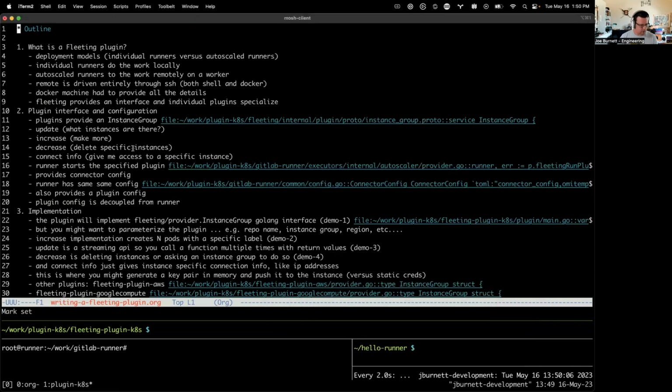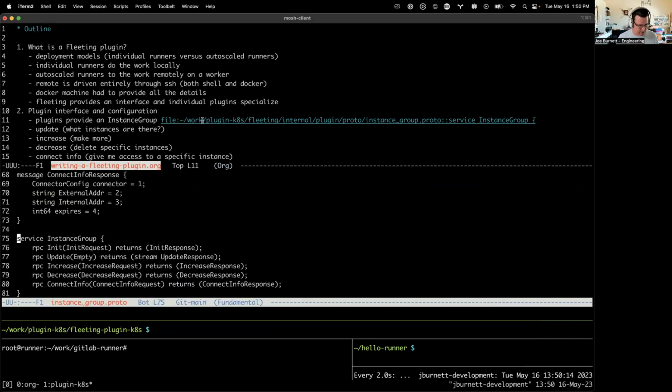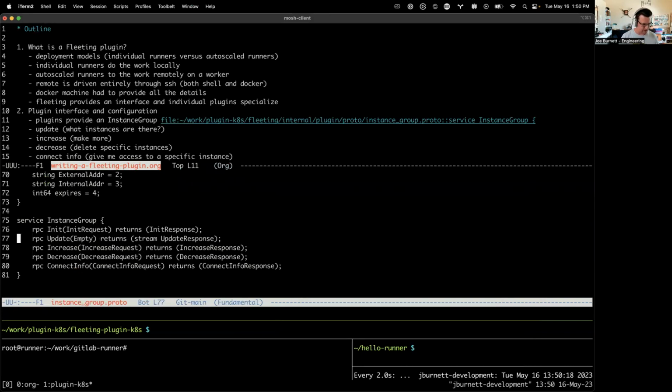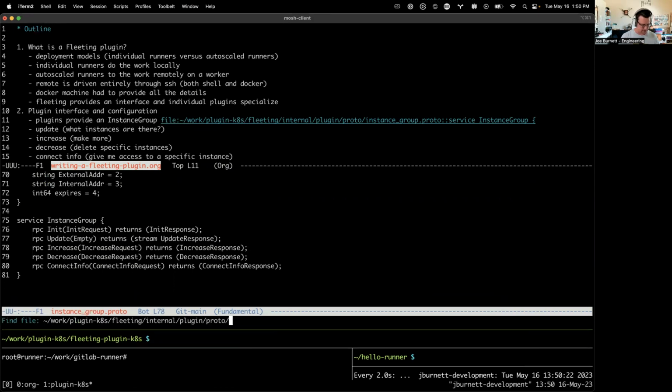Cool. So let me show you what that interface actually looks like. Here's the actual proto interface that is defined in Fleeting. If you look, this is in a library under Fleeting, under the GitLab org repository. I'll show you where the code is later. And it has a couple basic